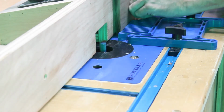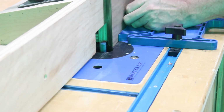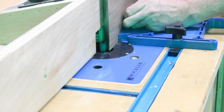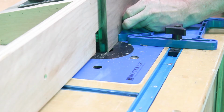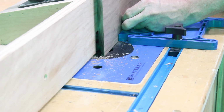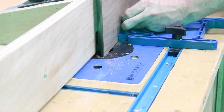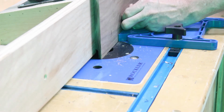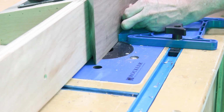This was the easiest way I could think to do this, to keep it consistent. Probably should have done it all at once on the larger panel, but that might have been unwieldy. So each individual panel is how we're going to go. Go about ½ inch in to put the rabbet, to then put the lid in. You'll see what I'm talking about here in just a little bit, but I do this on every single panel,